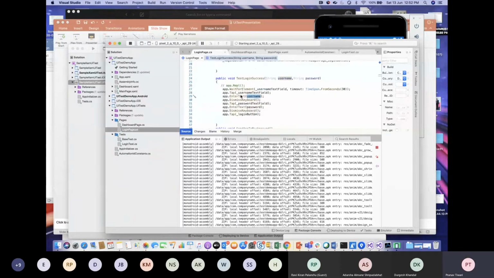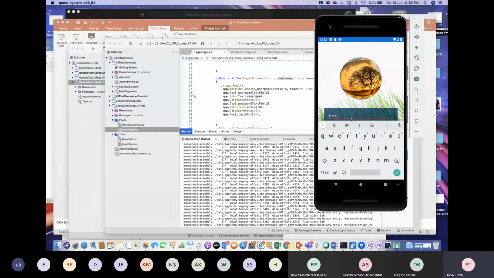What it will do, app.Tap will tap on this particular field, whatever we have tapped manually. Then we have given the enter text. Manually we are giving the enter text, now our automation will take care of entering that text. Next, it will dismiss the keyboard. Why are we putting the dismiss keyboard functionality here? Actually, what we have seen is that it only takes care of the elements which are visible on the screen.